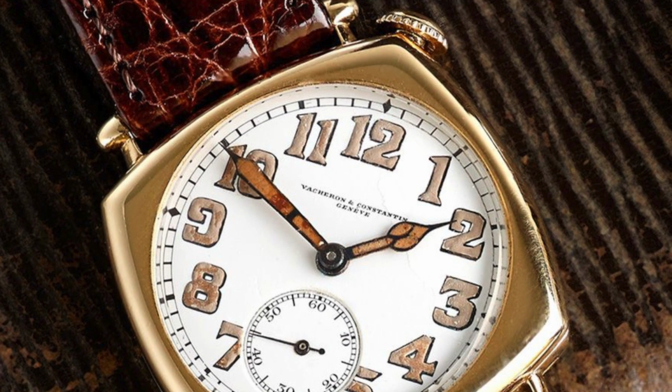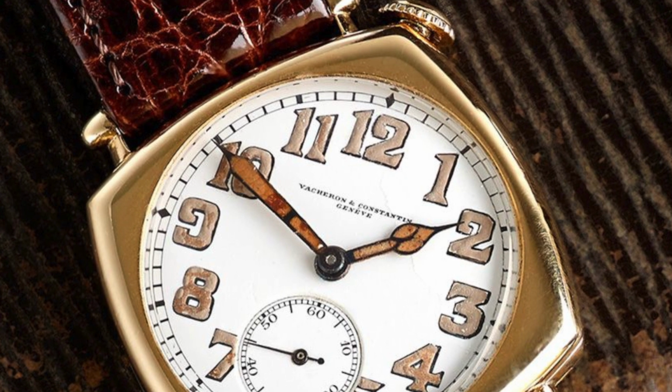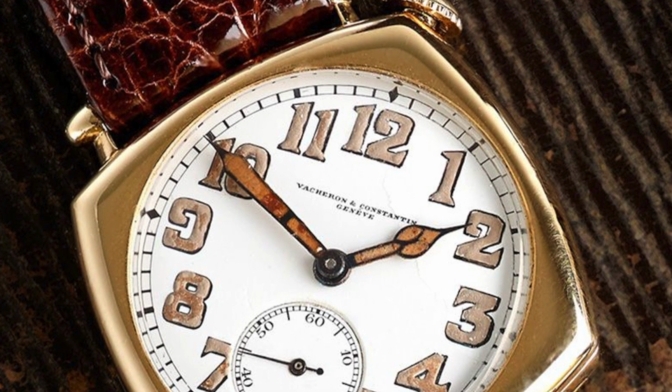It was originally issued in 1912 as a driving watch for Americans. That offset dial was meant to be read straight up and down when your hands were on 10 and 2 as you drove your car down the road, you can just look over at your watch for easy legibility. I'm not exactly sure that's an issue anyone needed to be solved, but we can forget about that because this